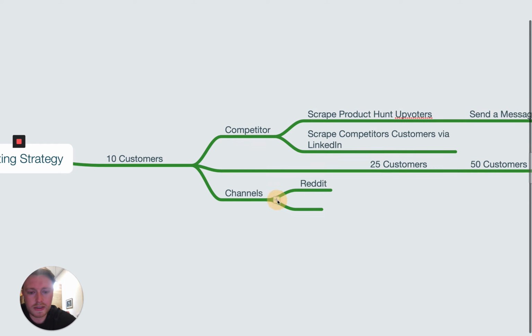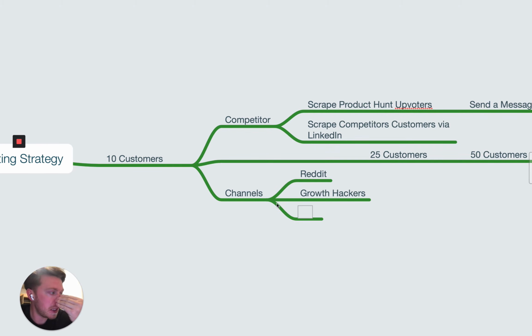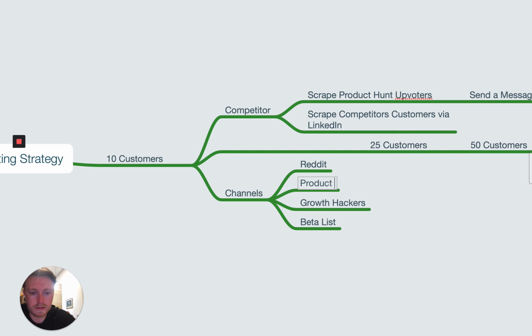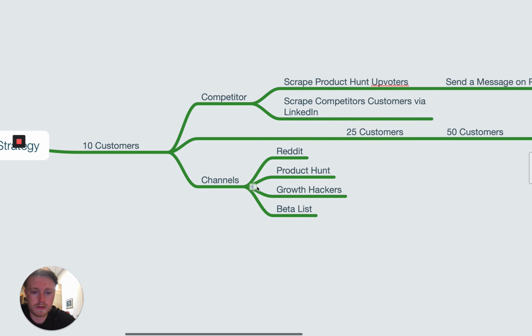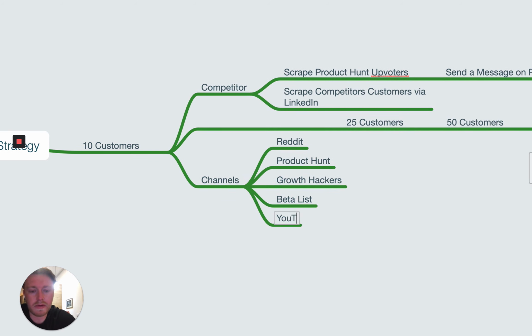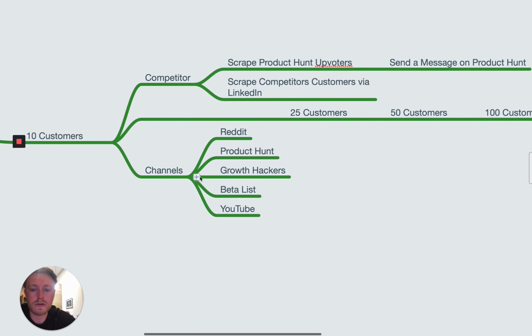And then we'll go into channels: growth hackers, then we can also do BetaList, Product Hunt, YouTube. I can make a few YouTube videos on the tool.